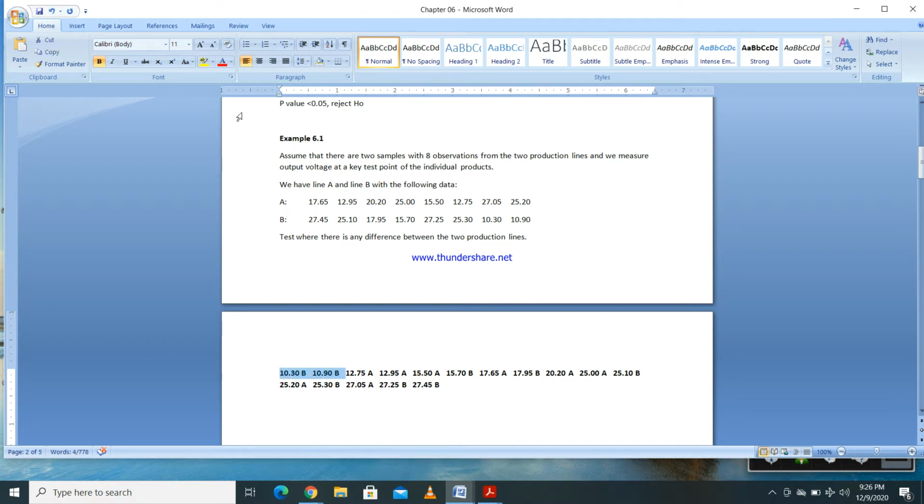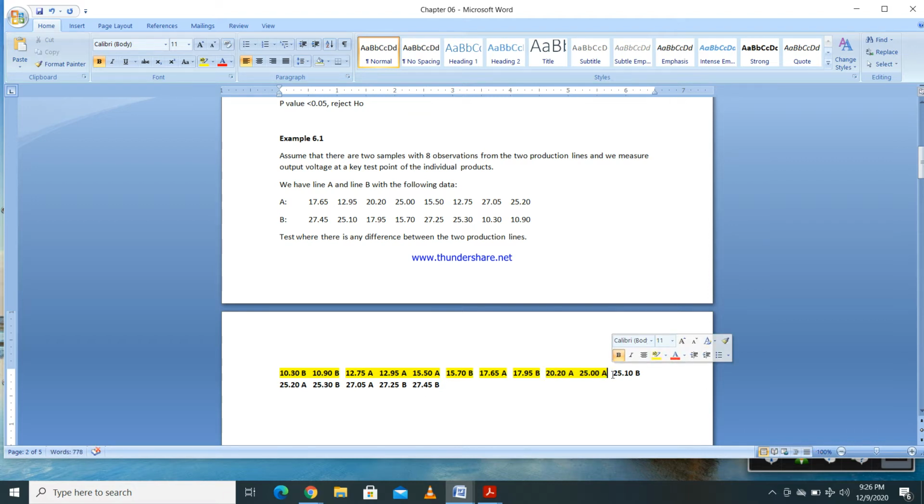So you can take this one as one run. And then you have 3 A's, so you can take this one as another run. And then you have another B, only B, so that is a separate run. And then again you have another A, so that is another run. Then you have another B, so again that is another run. And then you have 2 A's, so you can take these 2 A's as another run,